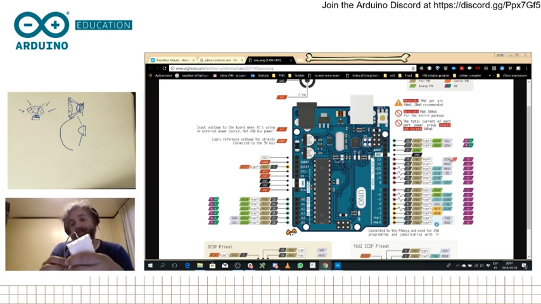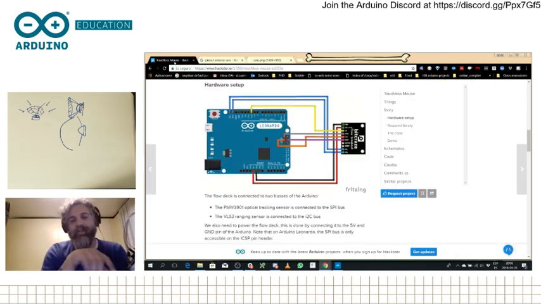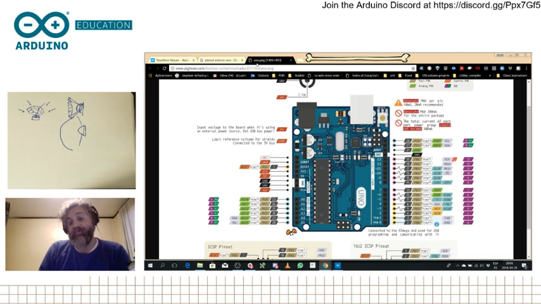And I said that green is actually clock. There you go, pin number 13. And then MISO and MOSI are 12 and 11. And it's very easy to make a mistake here because you never know whether MISO and MOSI on the sensor are supposed to be the same ones as on the board or the other way around. And the worst thing that could happen is that it doesn't work. So I will just connect them, and if it's wrong, I just have to switch them.